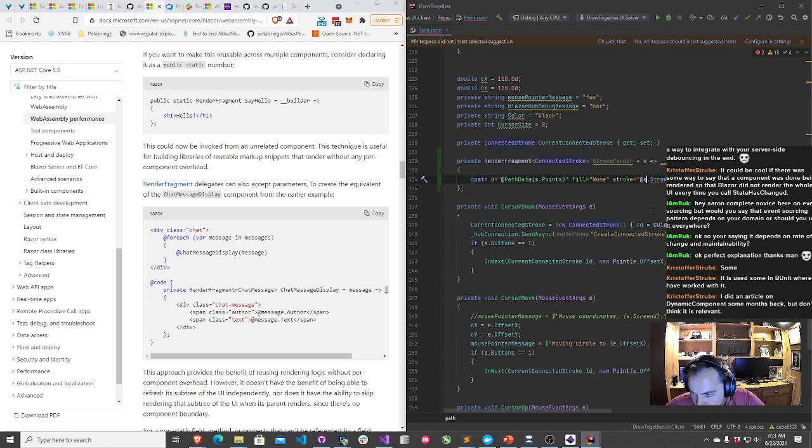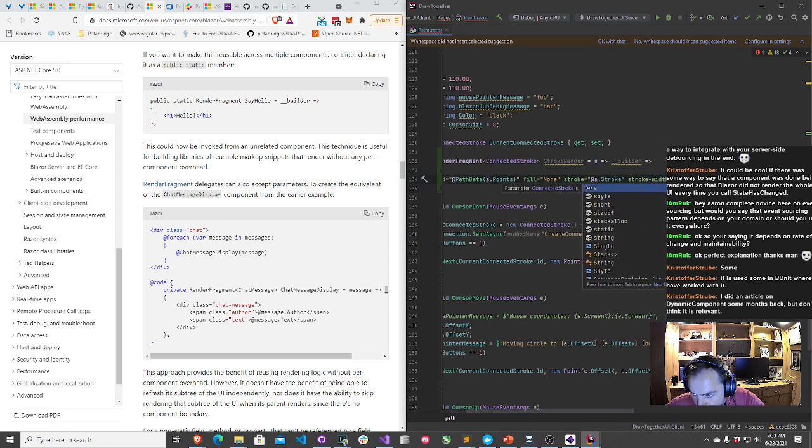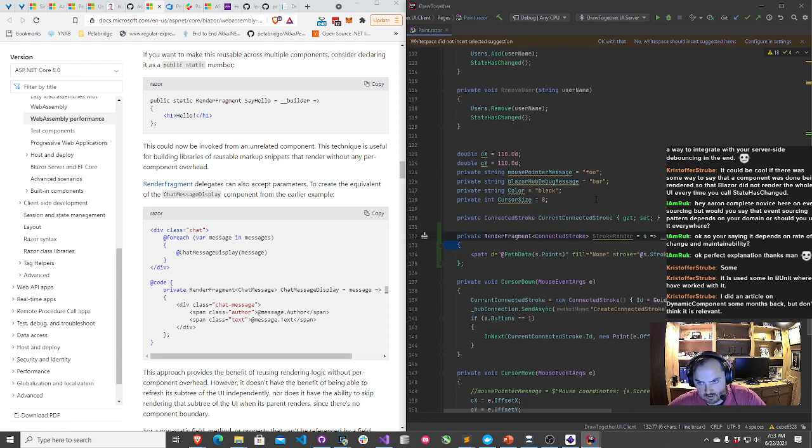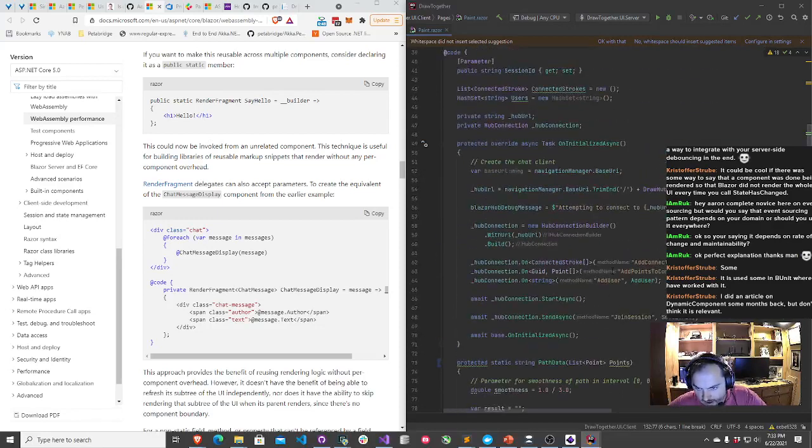You know what? Another thing we might want to try is, rather than rendering, I wonder if it's a better idea to compute the path data on write rather than on read. That's another possibility. We'll give that a try next.